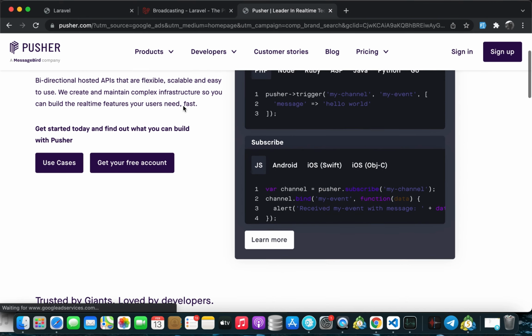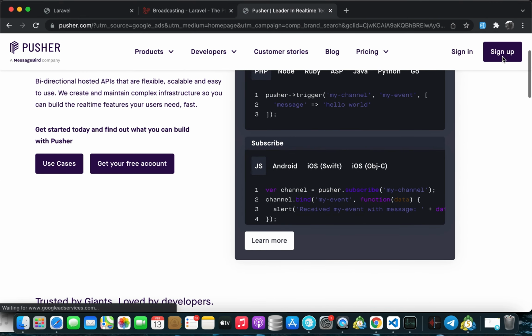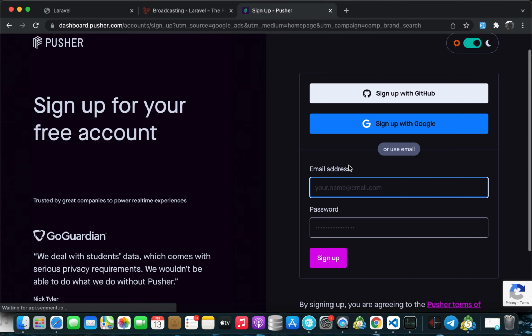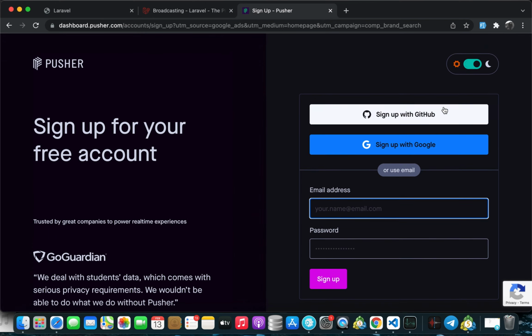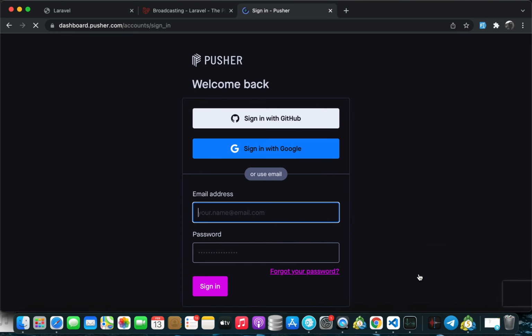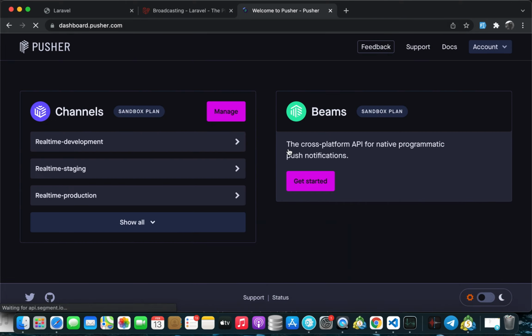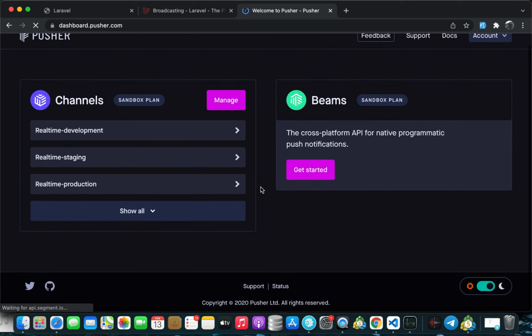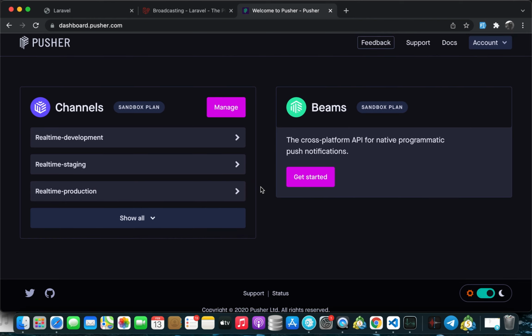Here, if you don't already have an account, you can create one by signing up here. You can sign in with Google, GitHub, or just create an account. After you've created an account, you can now go back and sign in to the application. In my case, I'm going to use Google. All right, so once we're inside the application, the landing page changes, but if you land here, just make sure